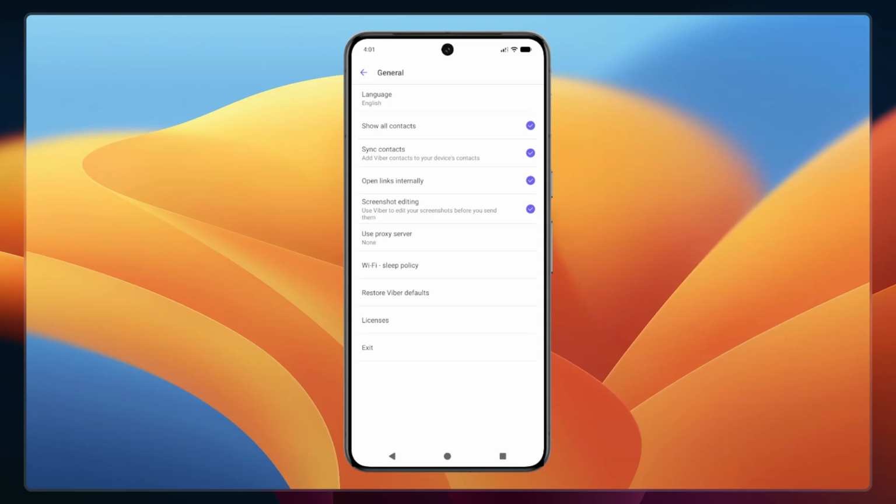And that's it. You've successfully enabled the Show All Contacts feature on your Viber app, giving you full access to